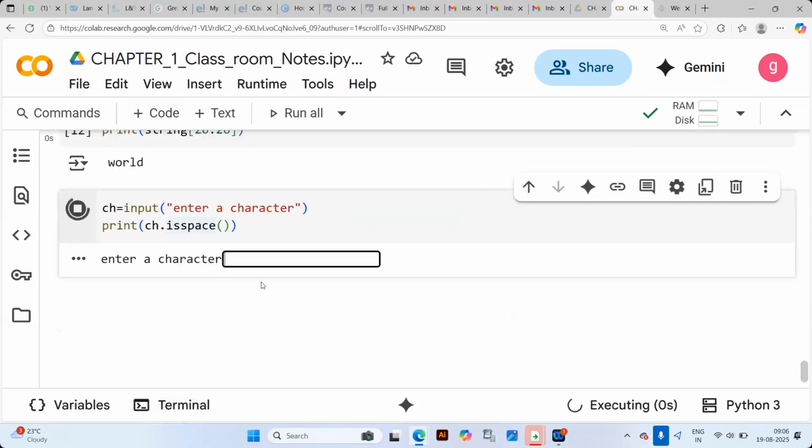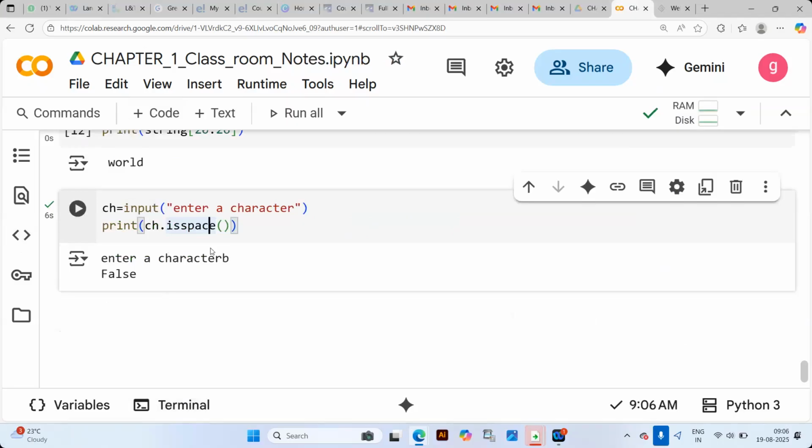If I execute now and enter a character B, it is False, which means you are entering something other than space. Now again I'm executing and entering a space. Now you see it gives True as output, which means space is also recognized as a placeholder. Is it clear? Yes, sir.